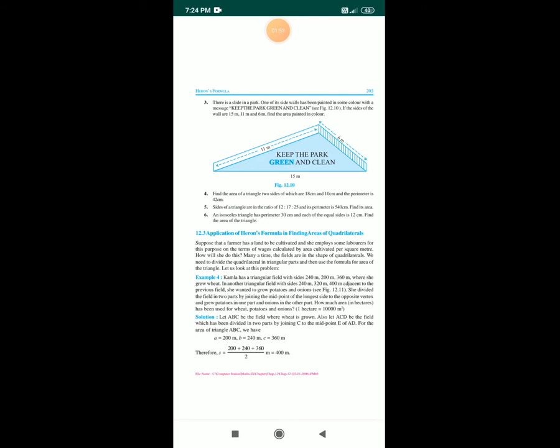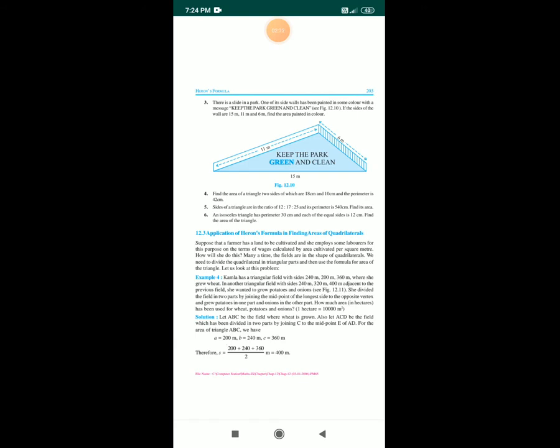1 hectare is equal to 10,000 meters square. Now let's start the solution. Let ABC be the field where wheat is grown. Also let ACD be the field which has been divided into two parts by joining C to the midpoint E of AD. For the area of triangle ABC, we have a is equal to 200 meters,